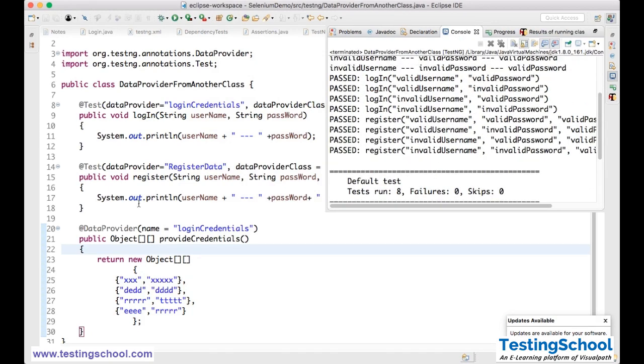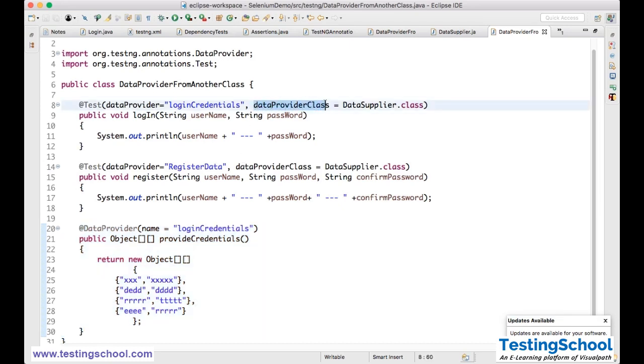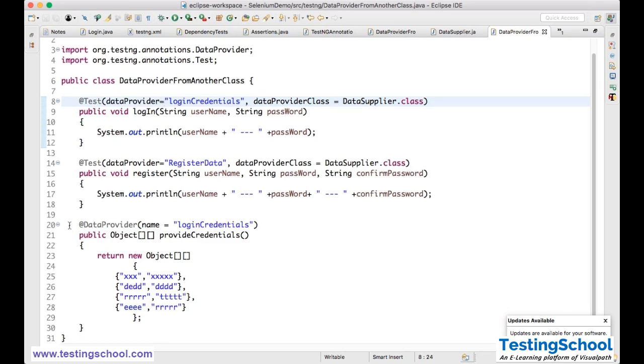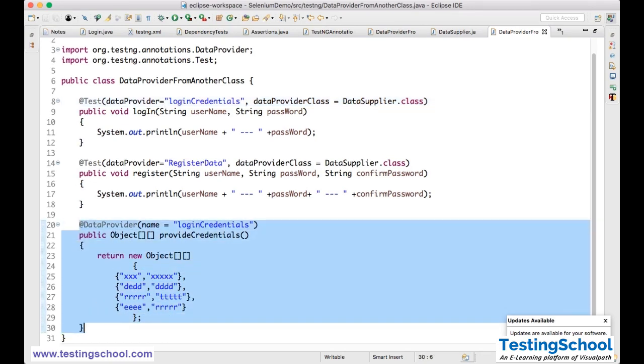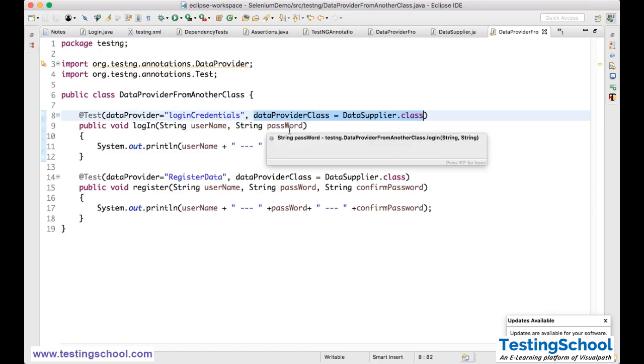You see that? It is considering this one. The reason is, we already mentioned, go to this class and then find this. Okay, that is the reason. No problem. If you do not mention anything, it will search in the same class. If it is another class, you need to mention which class it is coming from. That's it. This is all about data provider from the same class and data provider from